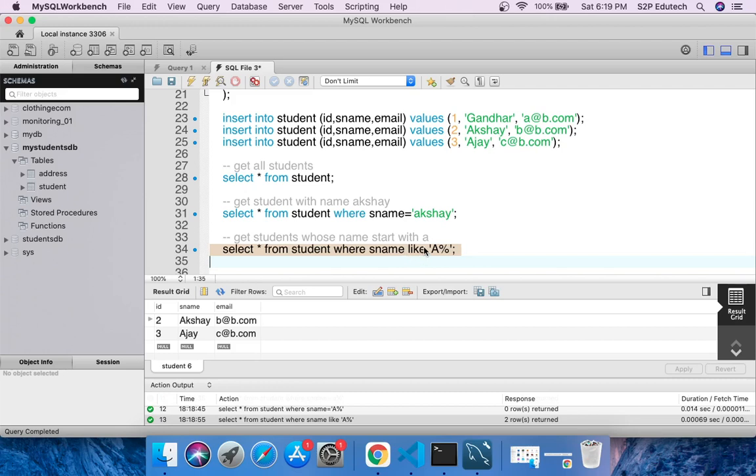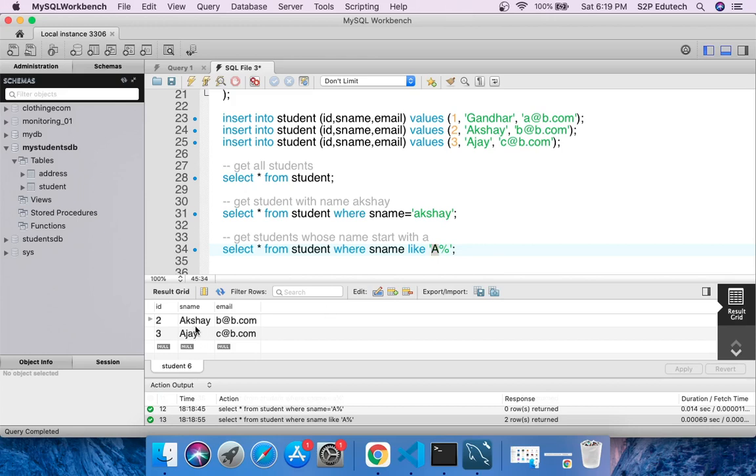So what is important in this is that instead of equals to, I have used like, and I have given a pattern. What is that pattern? The pattern is that we need to fetch all the students whose first character is A, and after that if anything comes, that is fine. That is what this percentage means. It is a wildcard character which can accept anything in it. What is the condition here? The condition is that the name should start with A, and after that it can have anything.